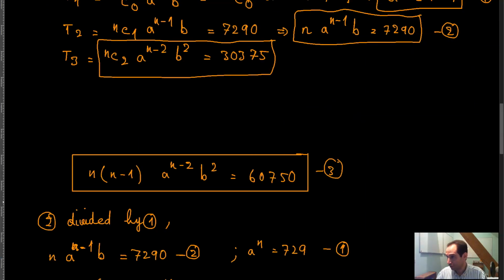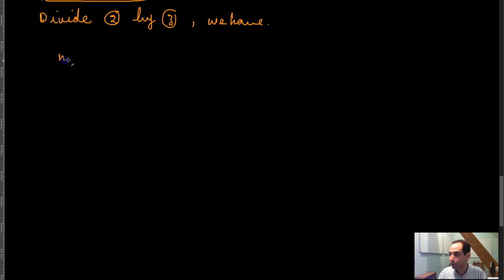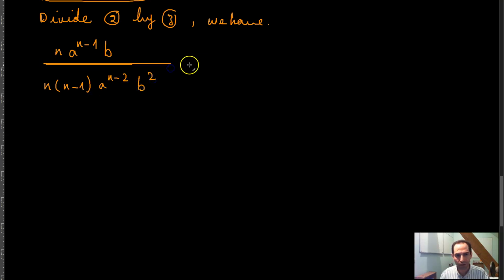Let me make a screenshot here. So if you divide 2 by 3, we have, so 2 is n times a raised to the power n minus 1 times b is equal to 7290. That is number 2. So I'm just going to do the division. So n times a raised to the power n minus 1 times b, and divide that by 3, which is n times n minus 1 times a raised to the power n minus 2 times b squared, is equal to 7290 divided by